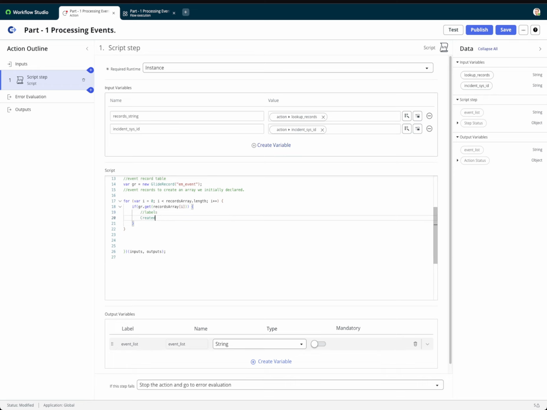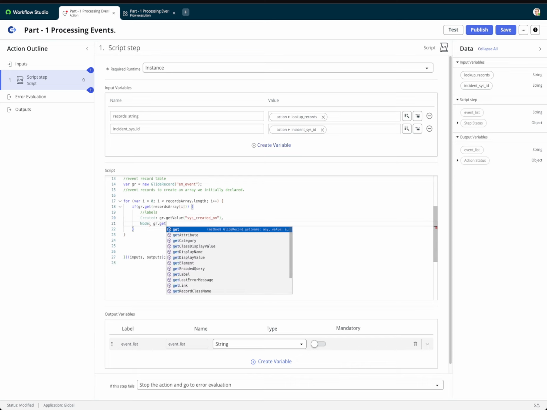First we're going to do our created: gr.getValue. This is the name of the field on that table, created on. You're familiar with ServiceNow; this doesn't change much. Node, same deal here. We're just going to get the node value. The name of it is node. Sorry about that. And then here,